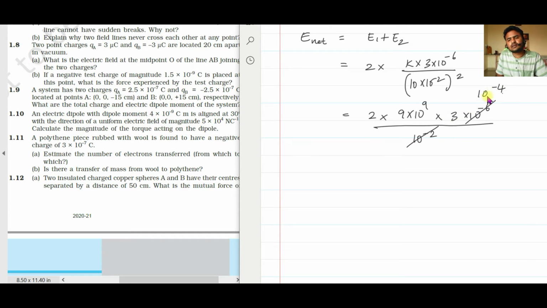That 10 power minus 4 will get combined with 10 power 9. So 10 power 9 into 10 to the power of minus 4 will be 10 power 5, that is 10 power 9 minus 4, which is 10 power 5. So I'll write it as 10 power 5 here. Okay, and then you have